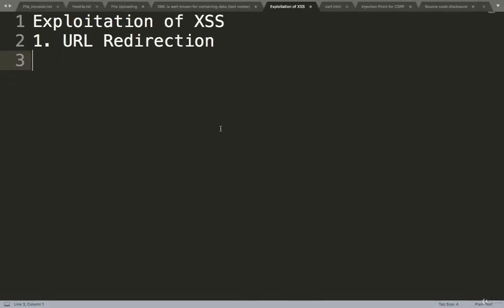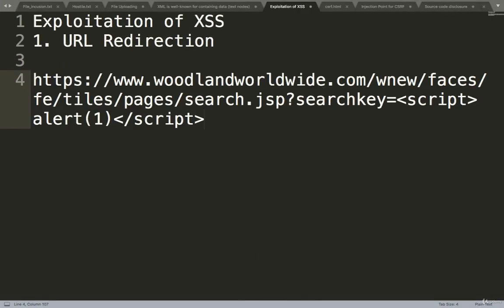Why is this executing? Why are we getting the pop-up? Because of this script alert 1. Because of this alert 1, we are getting a pop-up, 1 as a pop-up. Now see, the first attack is URL redirection. What if instead of